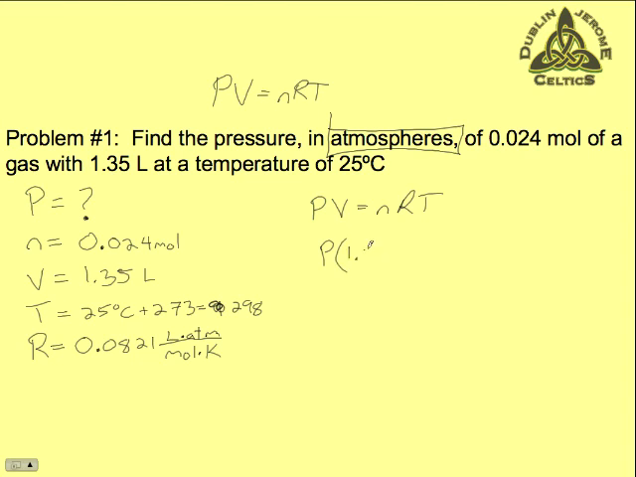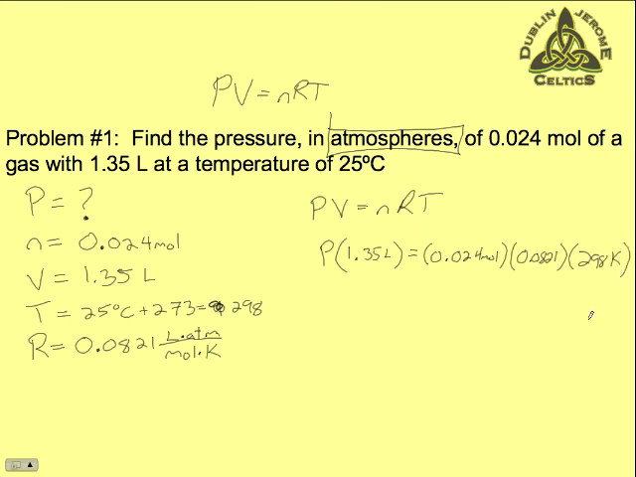Volume there is 1.35 liters. Does volume always have to be in liters? It does, because the R has liters in the units. Right. N is 0.024 moles. R is 0.0821. And temperature, we squeeze it in, 298